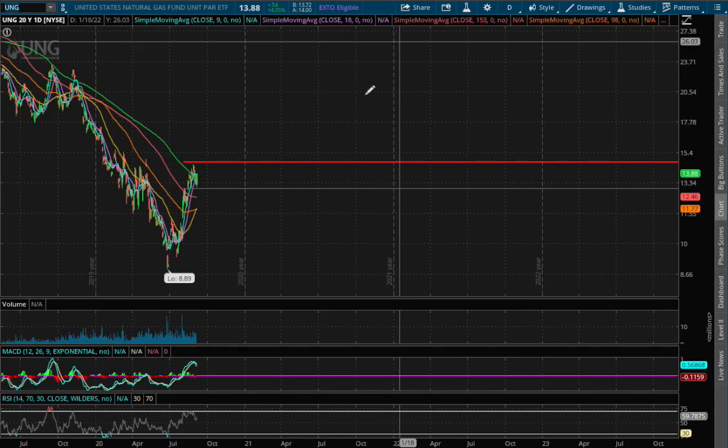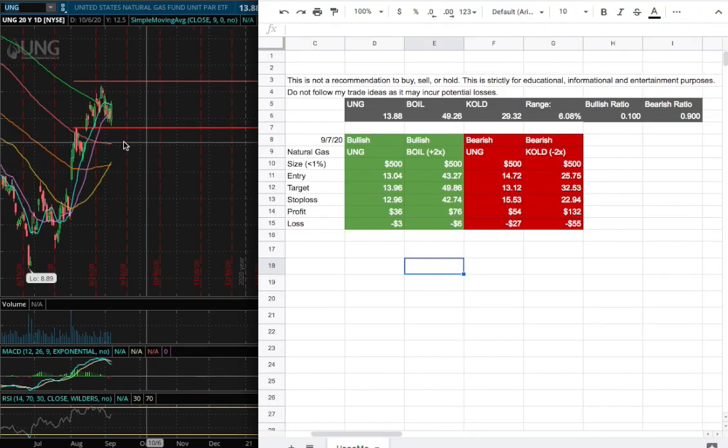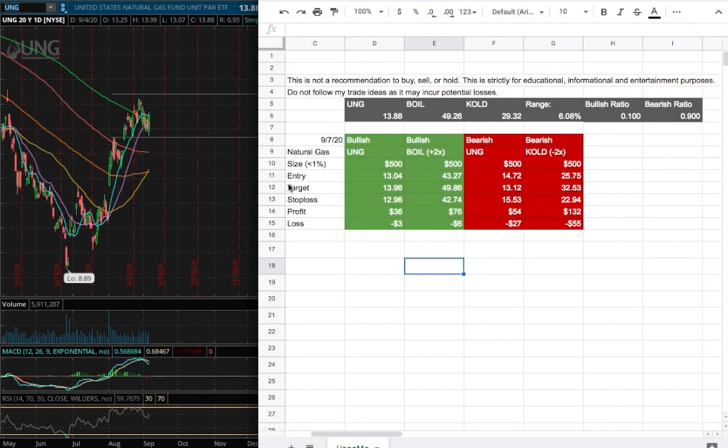So what we have here is, for my trade idea, my long position will be less than 1% of my portfolio, and my entry on my long will be at $13.04, fairly close to where we encountered previous resistance that dated back to August 5th right here. And my sell target will be $13.96, and my stop loss will be